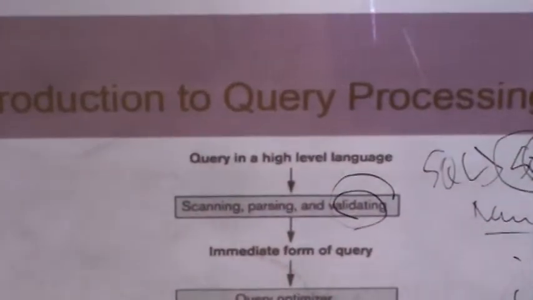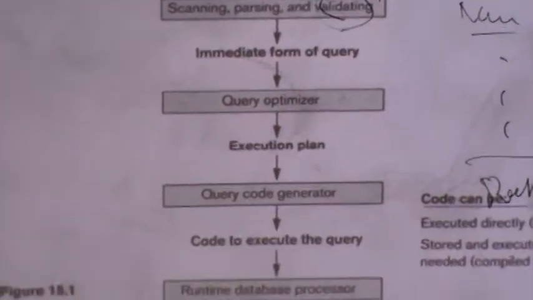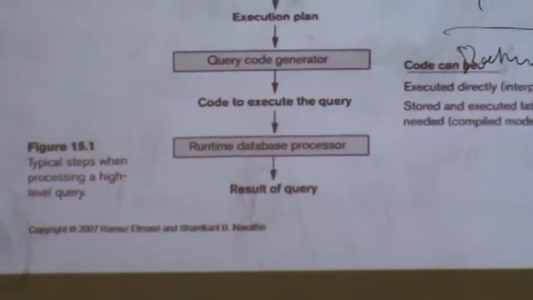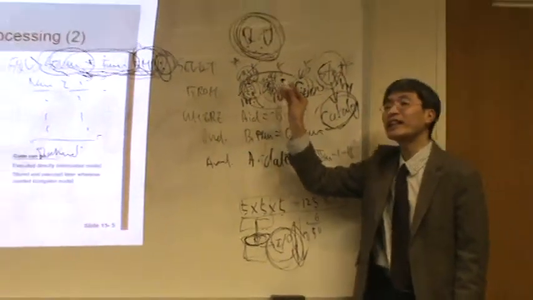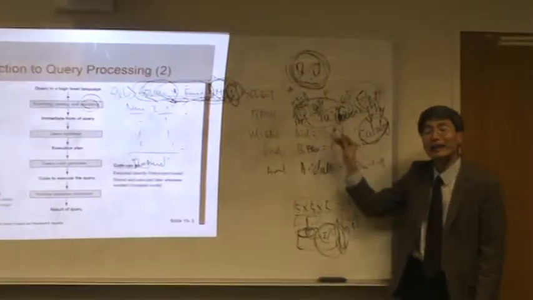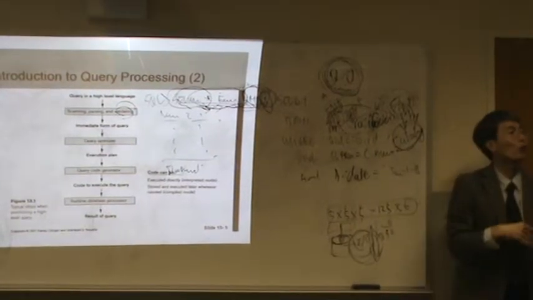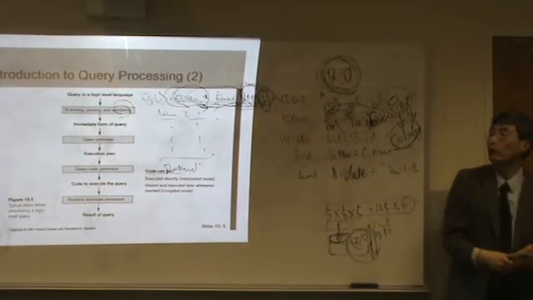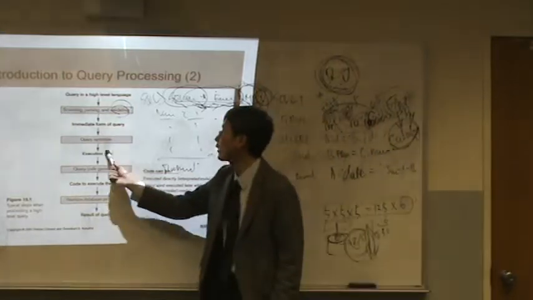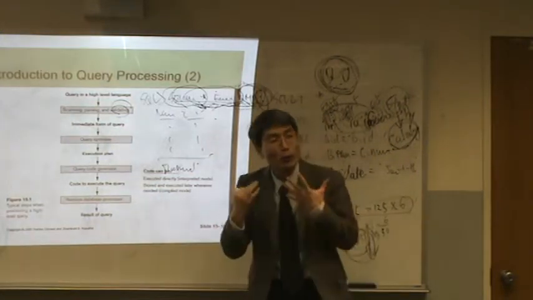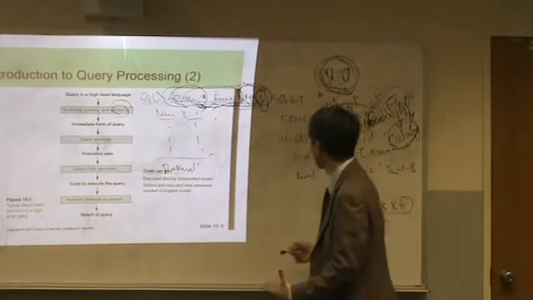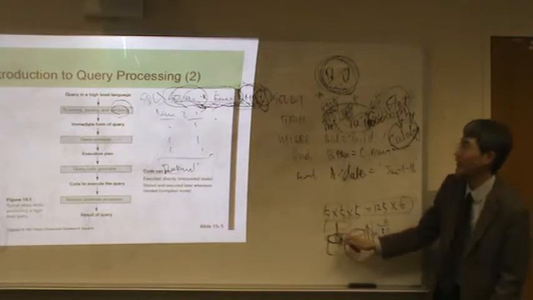Like first you need to access table A, then join with B using the join ID, and also you can use the index of the ID, then join with C, something like that. It shows the plan to access the data. That is called the execution plan. Based on the execution plan, the DBMS process then accesses the data.